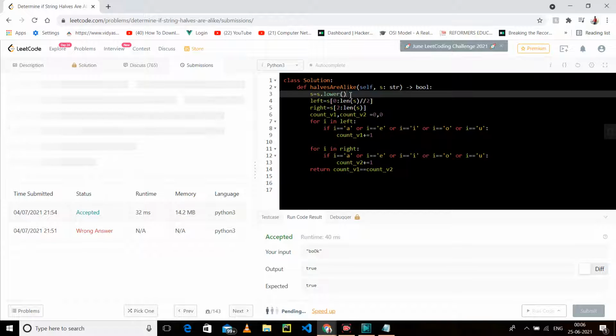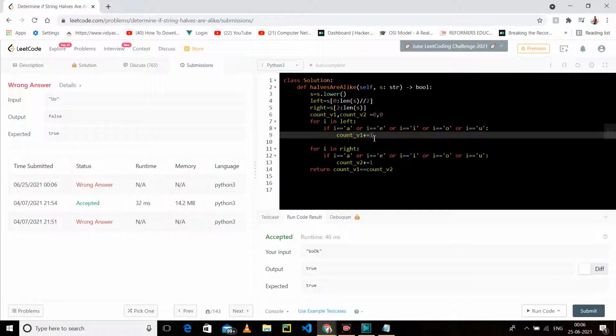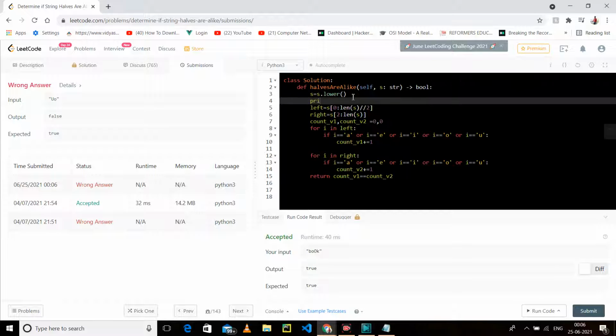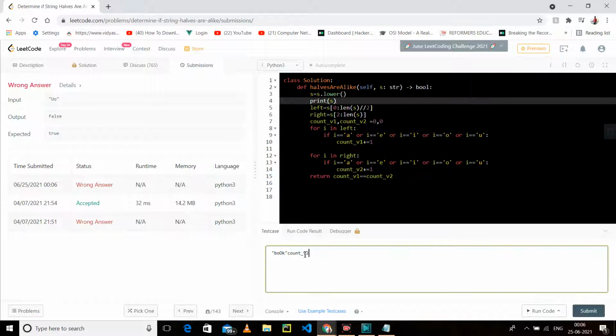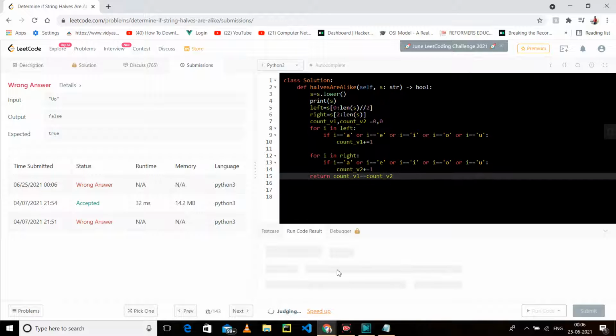We have changed to lowercase first, and we have divided our string into left and right, and it is expecting true, but I am getting false. So what is the problem? What could be the problem here? The problem is the small ua. So let's run it.